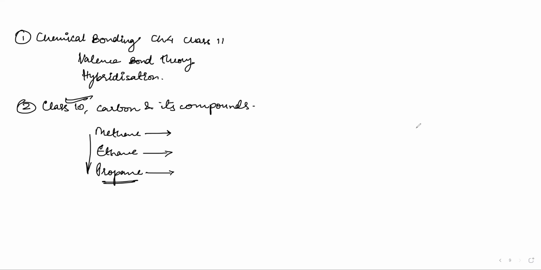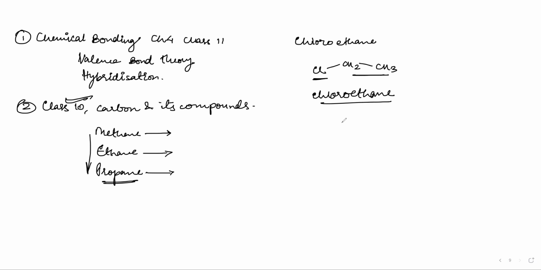Okay, fine. If you know those things, then you don't need to revise. Let us come to haloalkanes, halogens. So I said chloroethane. Chloroethane is nothing but we have Cl bonded to CH2 and it is bonded to CH3. So this is our ethyl group and this is our chlorine. There is no functional group here. There is only one substituent, which is chloro. That is why we write chloro, and after that we write the parent chain. The parent chain is eth here. Then I write whether it is alkane, alkene or alkyne. It is alkane, so I write ANE. So this is chloroethane.